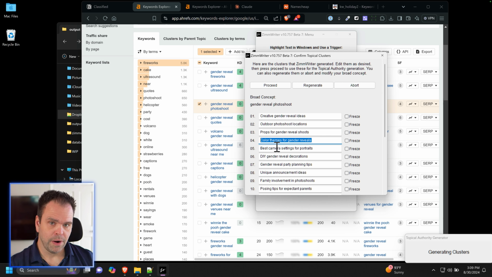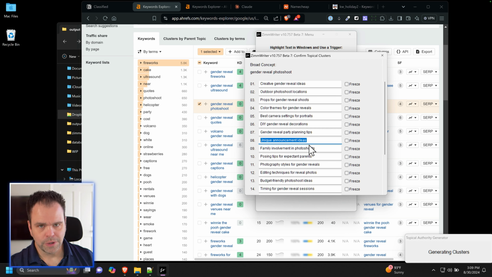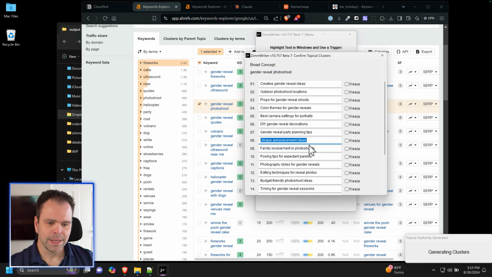Color themes, all right? You got pink and you got blue, but what else do you want for your party? You want gold, you want silver. Best camera settings, that's pretty good. Unique announcement ideas. Yeah, you got to announce that you're having this gender reveal party. How are you going to do that? Let's show you different ways. That could be a niche in and of itself, a smaller niche, but that could be gender reveal